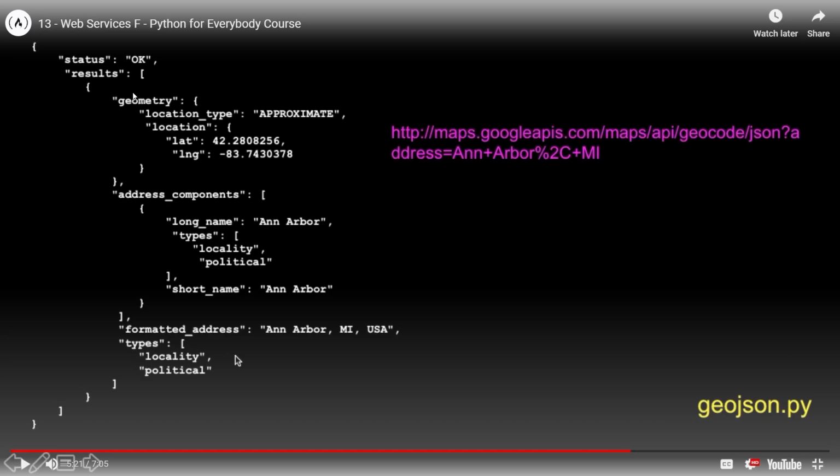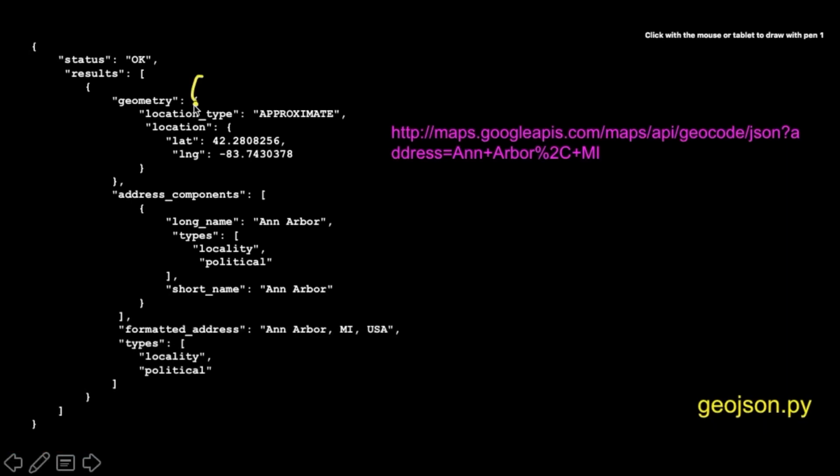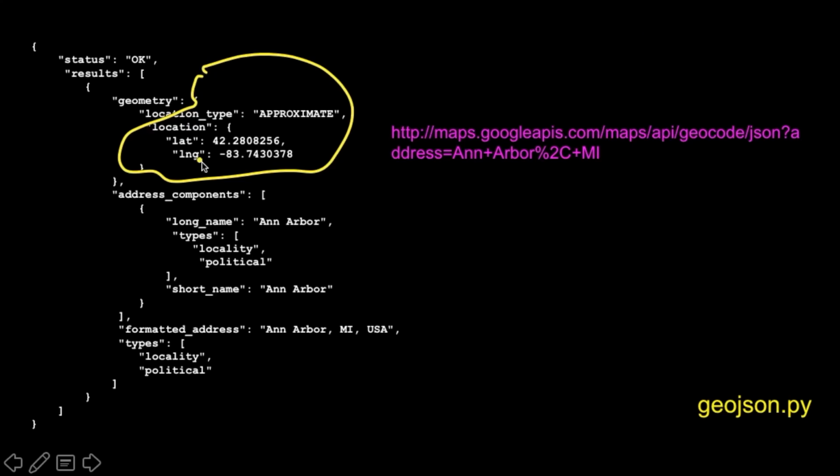So it's results at, and then results, we're in a list. So list of 0, results at 0. The list has dictionaries of the elements. So results at 0, at geometry, at location, because these are all dictionaries inside of here, at latitude or at longitude, right? So there we go. This part right here. And then we're going to go into location and lat. And those are just keys within keys, a dictionary within a dictionary.